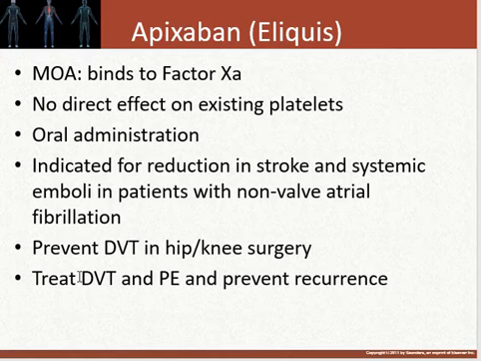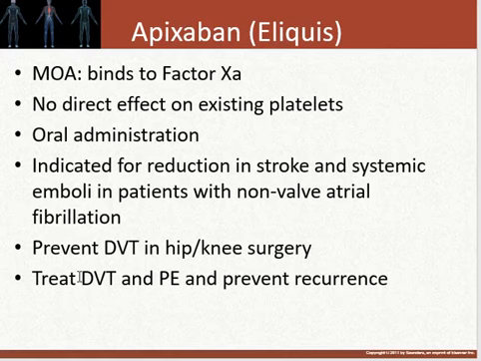You can also see it used in patients that have AFib as a result of non-valve type pathologies. And of course, it's really common in DVT prevention strategies for patients undergoing joint replacements. It's also been used, as with the drug before it, to treat deep vein thromboses and pulmonary embolisms